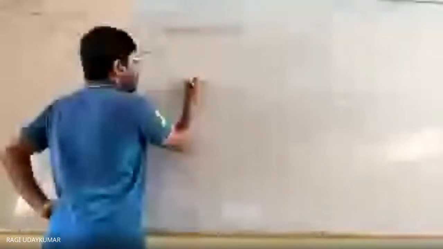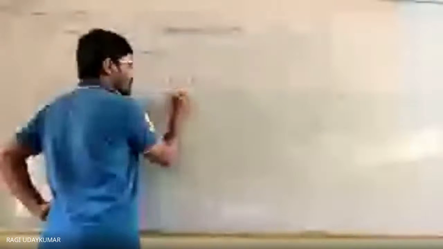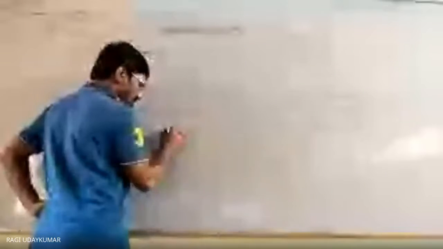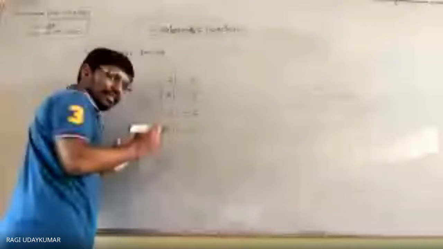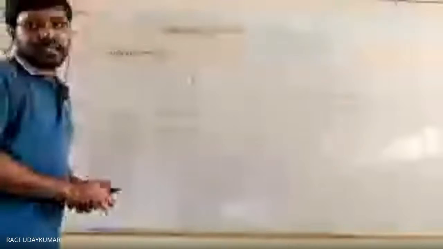The next very important thing is the modulus function. And what is modulus? Till now most of the students know about modulus. What do you mean by modulus? Modulus of -2 is taken as 2. Modulus of 3 is 3. Modulus of -5 is 5. Modulus of 0 is nothing but 0. It will be written between two lines.